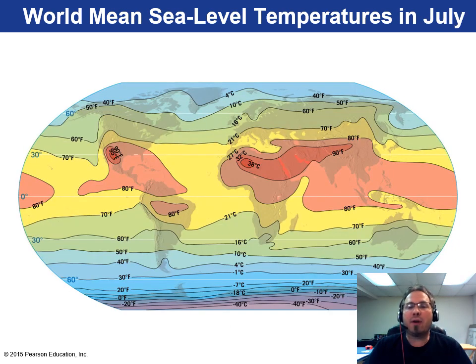And finally, this last graphic shows the average sea level temperatures in July. In the northern hemisphere, you can see there's a lot less variability here because we're tilted towards the sun. We get a lot more direct sun rays. We have warmer temperatures over a much larger area. And then down in the southern hemisphere where they're having winter, you get much more variability all the way down to minus 40 degrees, way down here, which, ooh, that's cold. But that's in the winter, perpetual darkness in Antarctica. So you've got to kind of expect that.